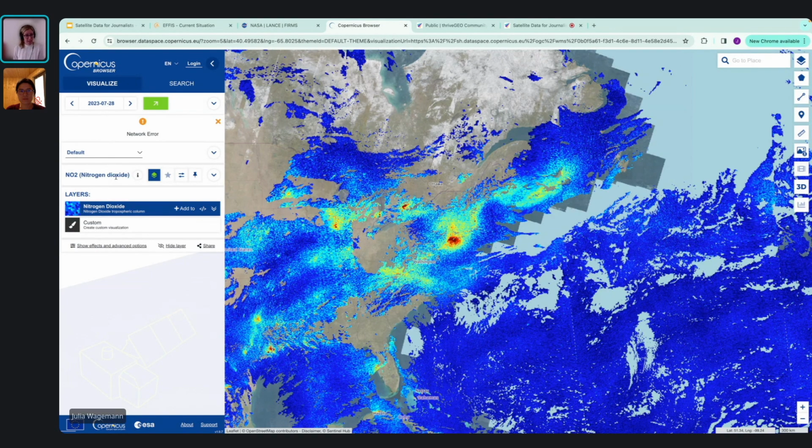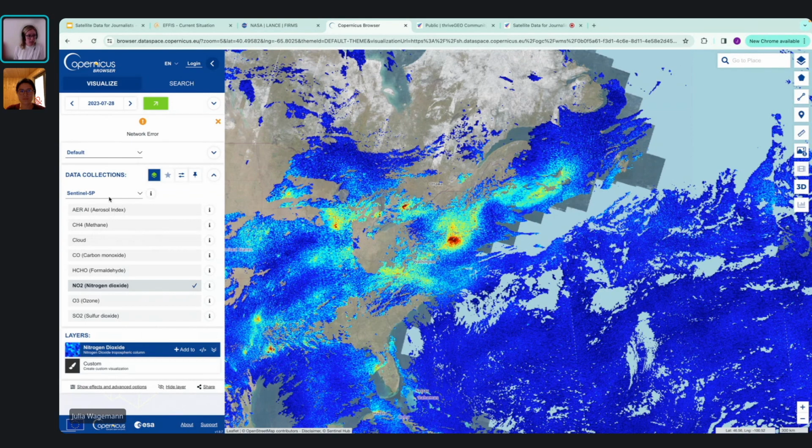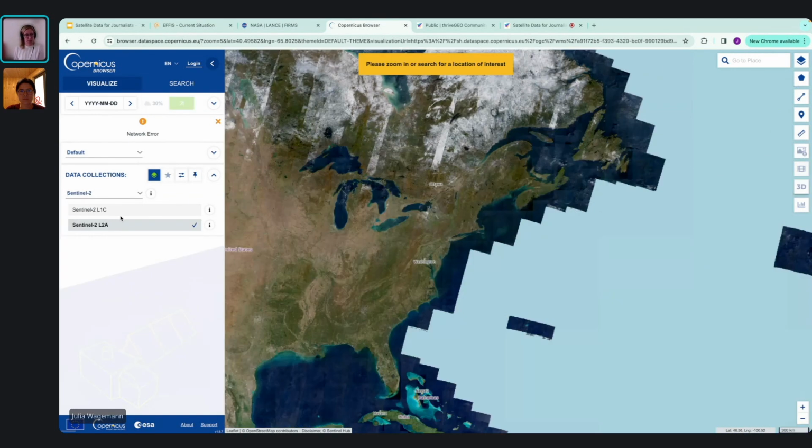And then the other example, if we now go to what is happening after the fire, so if we want to see the affected area from wildfires, we can now choose the Sentinel-2 information and specifically level 2 data.